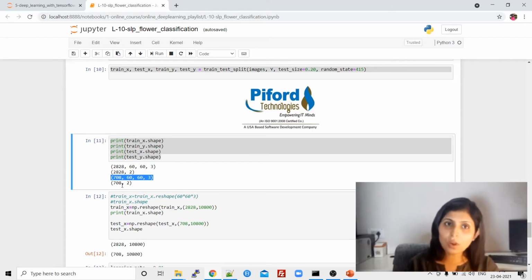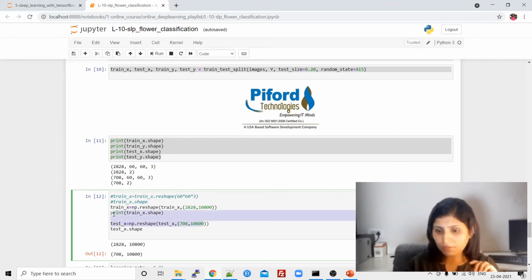So you have to convert all your images in trainX and testX to a one-dimensional vector. And how can you convert your images into a one-dimensional vector? Just multiply the whole image size, that means 60 into 60 into 3. So this is what I've done for testX and this is what I've done for trainX.